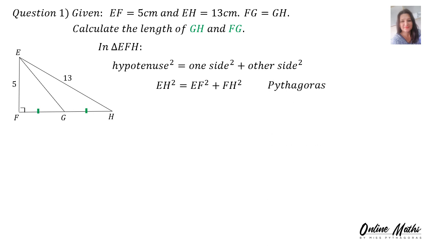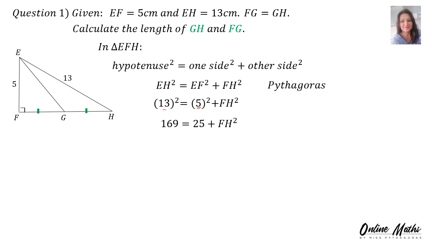Now we can substitute in. 13 squared equals 5 squared plus FH squared. 13 squared means 13 times 13, which is 169, equals, and 5 squared is 5 times 5,